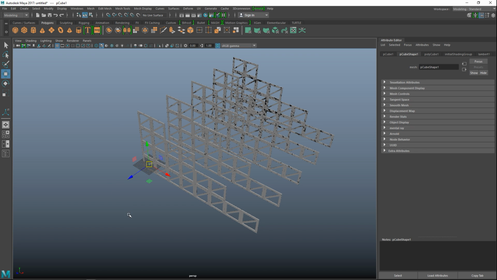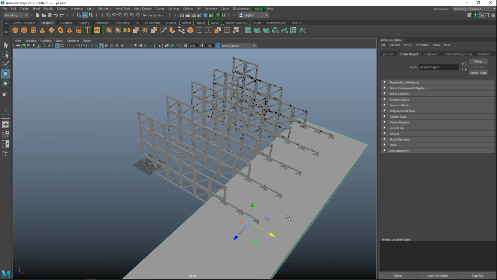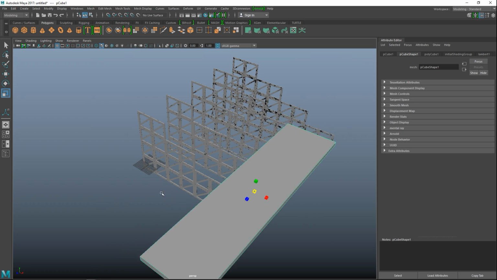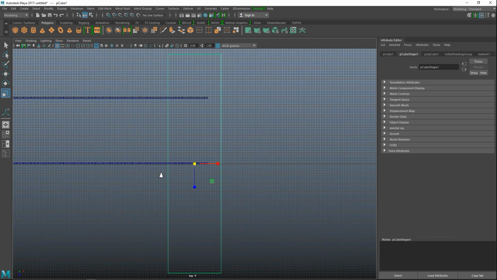So we're going to take a new polygon cube, hit R to scale that up, push that down, stretch that out, W to move forward, pull that up, scale it down a whole bunch, obviously. And let's have a look from our top. I have to zoom in.